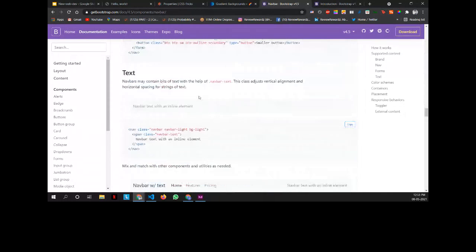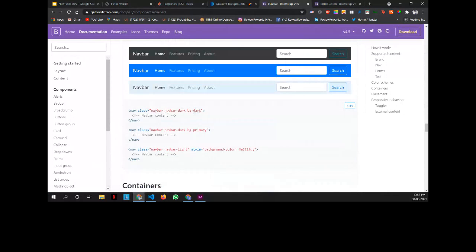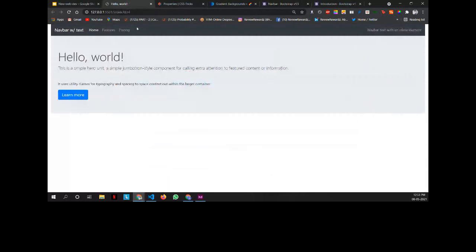Bootstrap has these three colors built in for the navbar. You can add your custom colors also, that's not an issue. But here the navbar color is dark, right? So navbar-dark, bg-dark. If you copy paste it there instead of the light one, you will get this navbar out here. So that's how we did the navbar part.